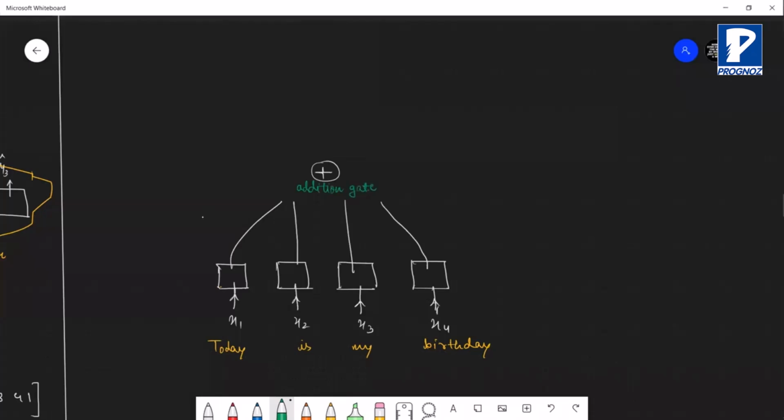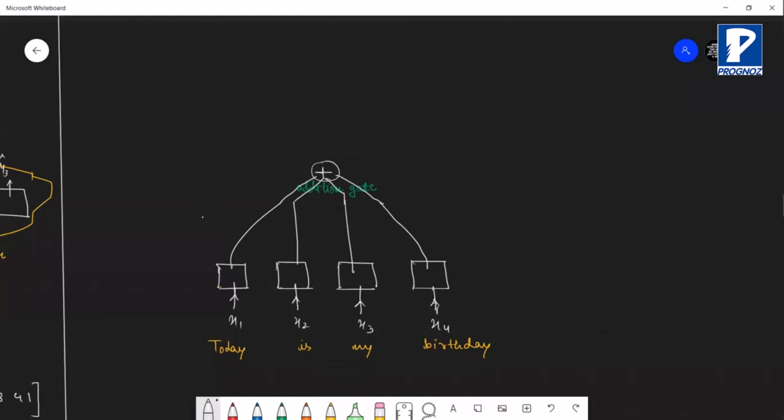I will talk about that in a minute. But before that, all these are given as input to this addition gate. But there is a difference, or you can say an update here.